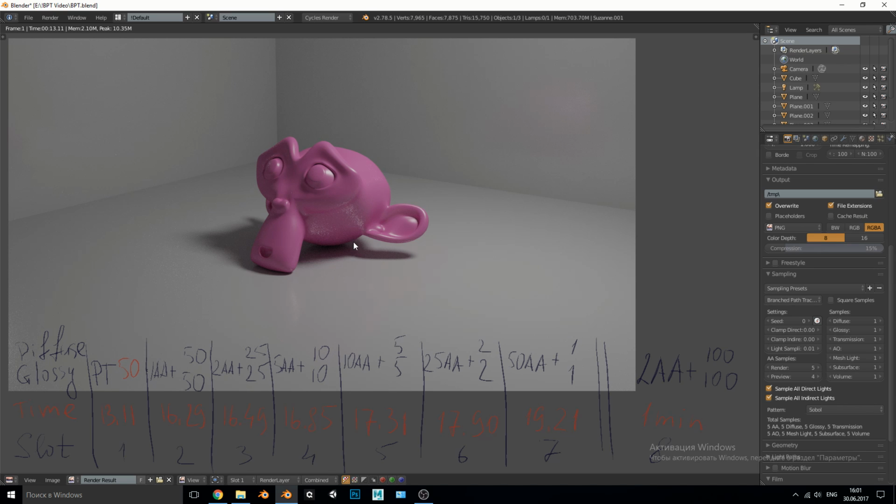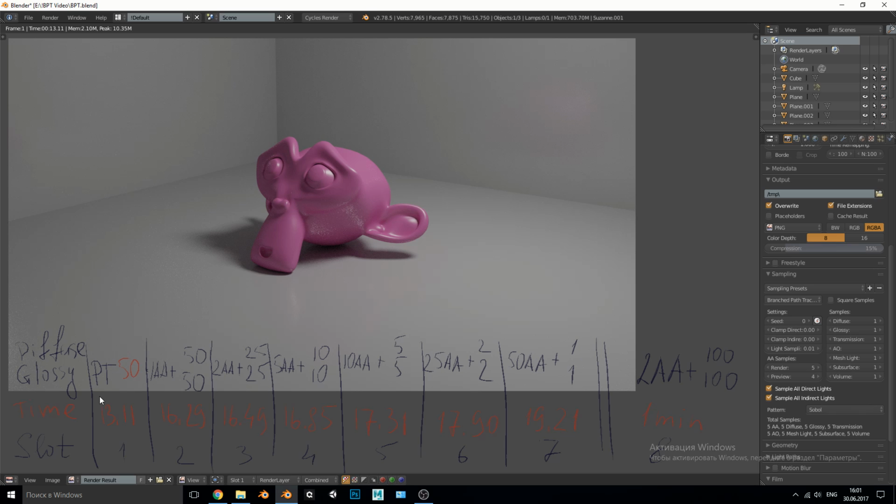That's why these reflections are so ugly. So if you wanted to have the same quality of reflections when using path tracing, you would have to use not 50 but 500 samples in order to get these 50 glossy samples just to clear these reflections. But if you have just 90 seconds for branch path tracing to get this result with these 50 AA samples, you can imagine how much time it will take to produce an image with the same quality of reflections but